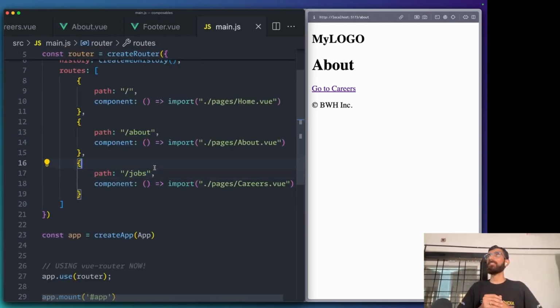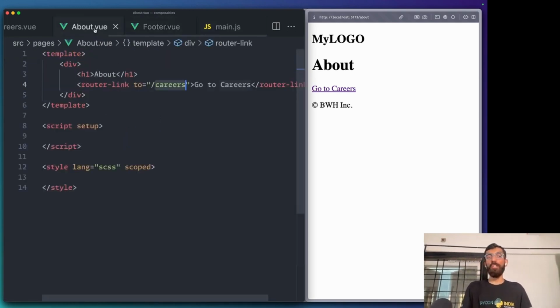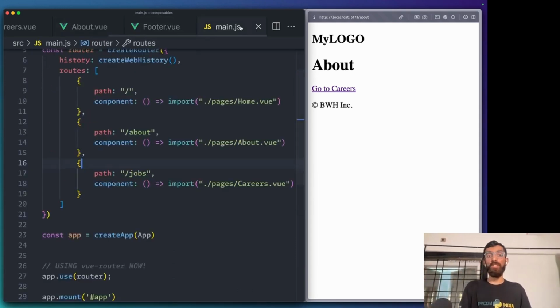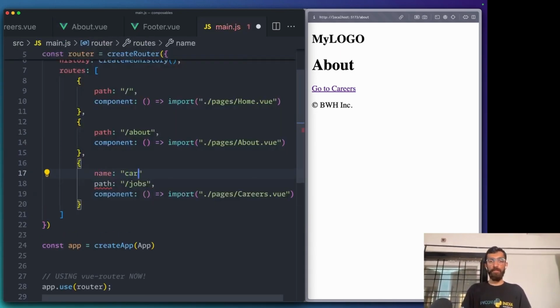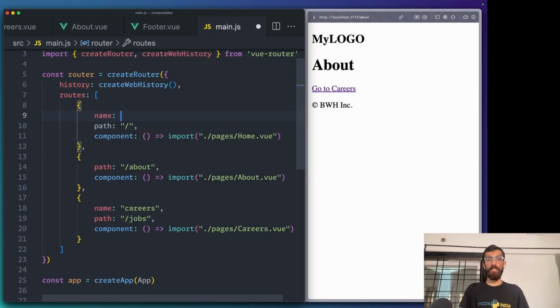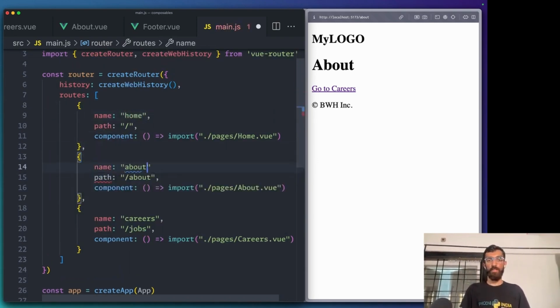For these cases, where you don't want your links to depend on the exact route, you can give each route a name, right? A unique name. So I can come here and say name careers. This is not the route, this is the name. Let's give this a name as well. Let's call it home. Let's give this one a name as well. Let's call it about, right? I gave them unique names. And now instead of referring to the path,